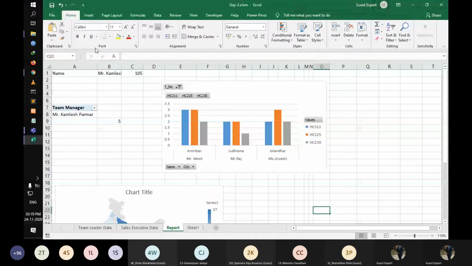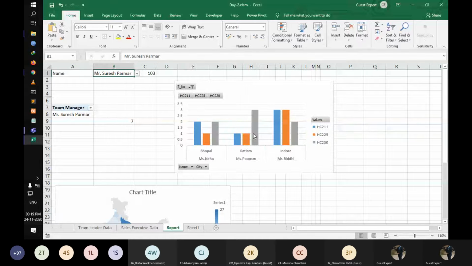So when we select any manager over here, like I'm selecting Suresh Parmar, in Suresh Parmar's team there are three sales executives, Miss Neha, Miss Poonam, and Miss Riddhi, and these are their sales reports. How much they are selling, like HC100, who is doing the highest sales. So in Ratlam, Poonam is doing the highest sale of HC230.